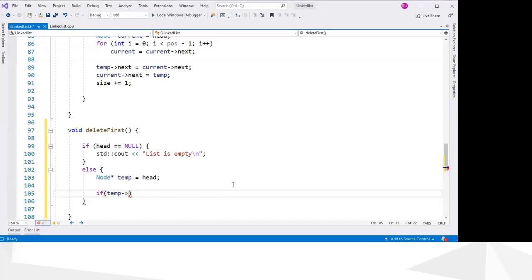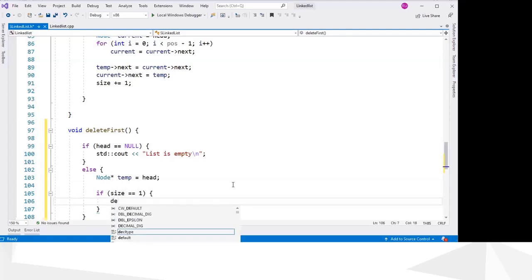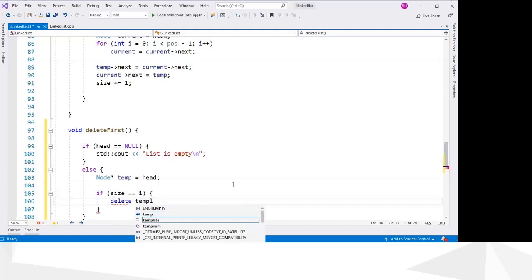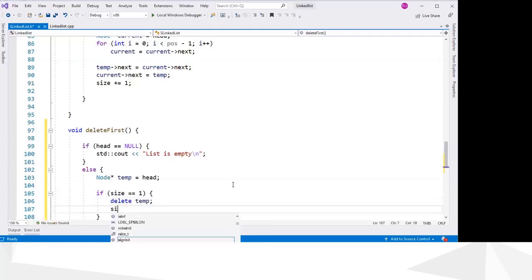How do you check that? You can use the size. The size should be equal to 1, or you can use temp next. We will use size, that will be easier. So if the size is 1, that means we have only one element. So now you can delete temp, and you have to make size equal to 0.